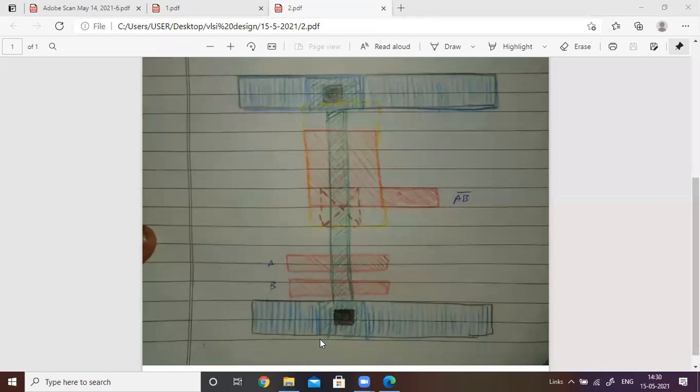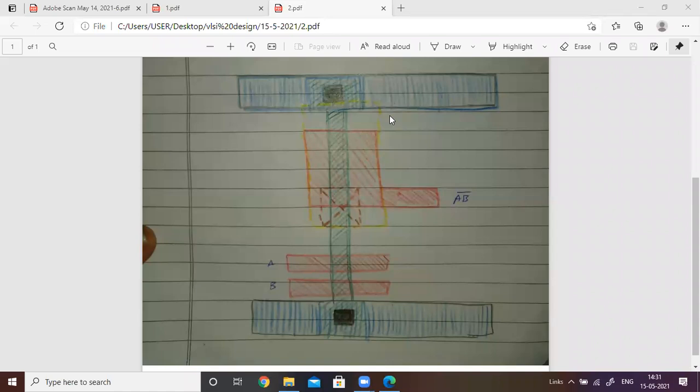Now here I am not taking the extension because it is 4 lambda. We require a 4 lambda cut. This is 2 lambda, this is 1 lambda, this is 1 lambda, so it totals 4 lambda. This is 4 lambda, 4 lambda, 4 lambda, and exactly at the center point we have a 2 lambda by 2 lambda cut. Just make hatchings of green and blue here, and here also hatchings of green and blue, and yellow will be placed like this.